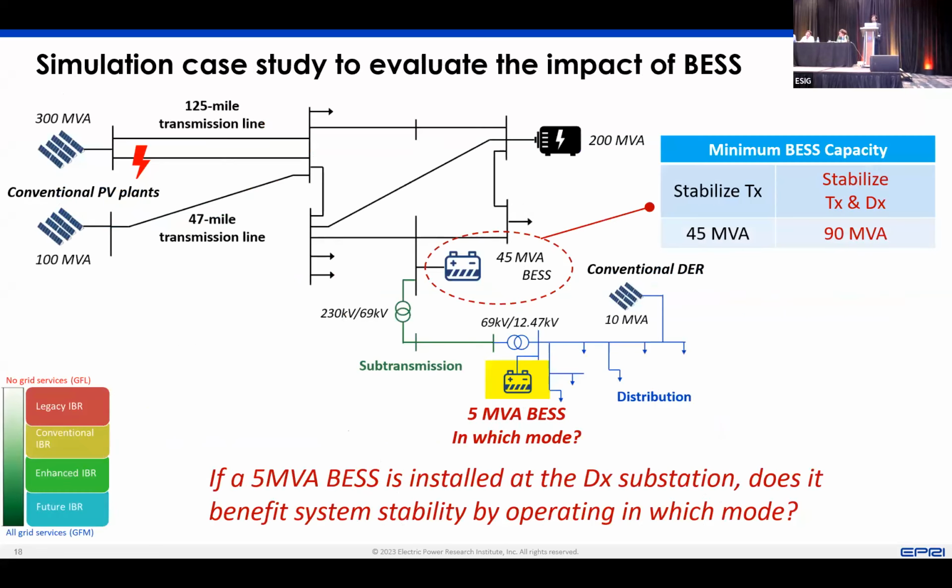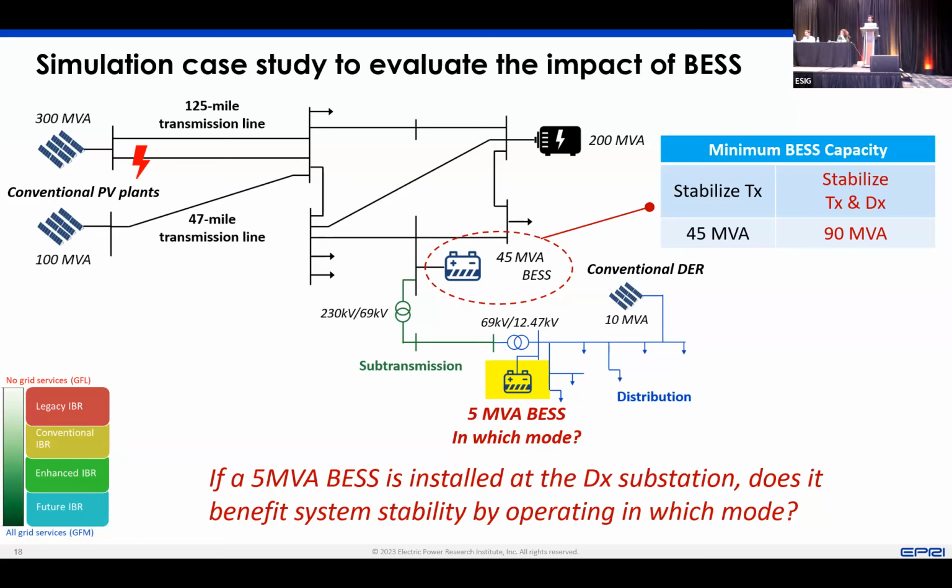But essentially, if we now look at it from the perspective of, okay, what if we have to put enhanced or future resource into the distribution network, we can do so with a 5 MVA battery instead of doubling the size on the transmission network. So instead of taking the transmission resource from 45 to 90 MVA, we can have a 5 MVA battery on the distribution network to stabilize this. Now, we shouldn't generalize all of these results because this can vary from system to system. It can vary depending upon load characteristics and so on. So there's a lot more work that is needed to be done in this space.